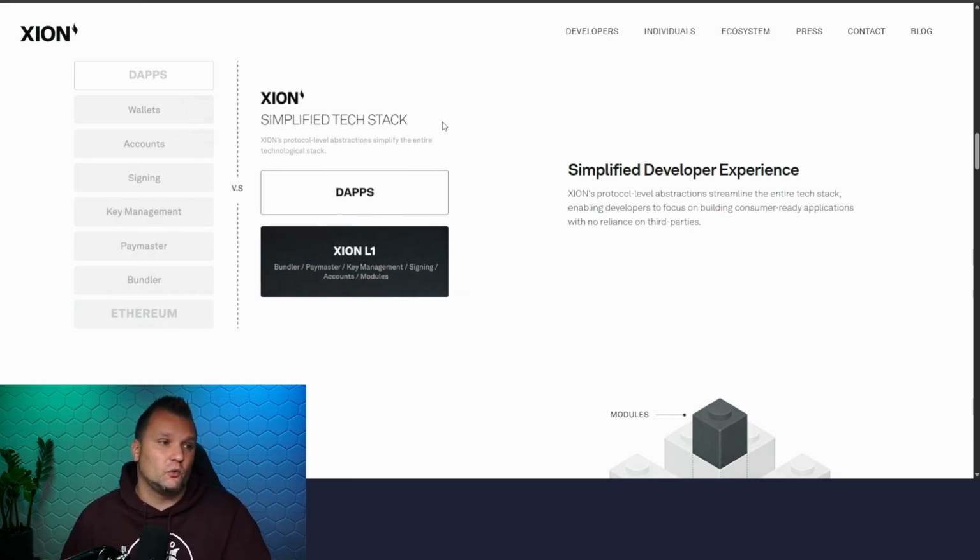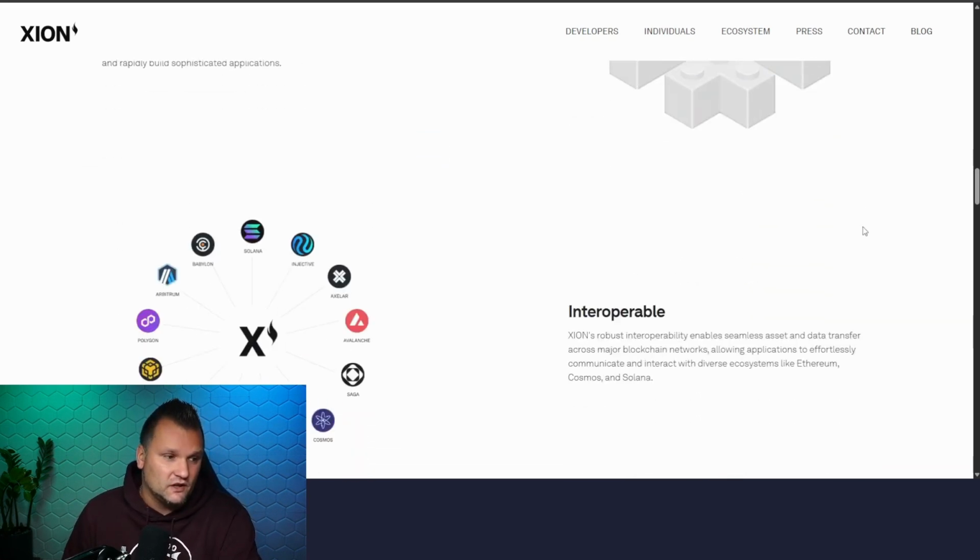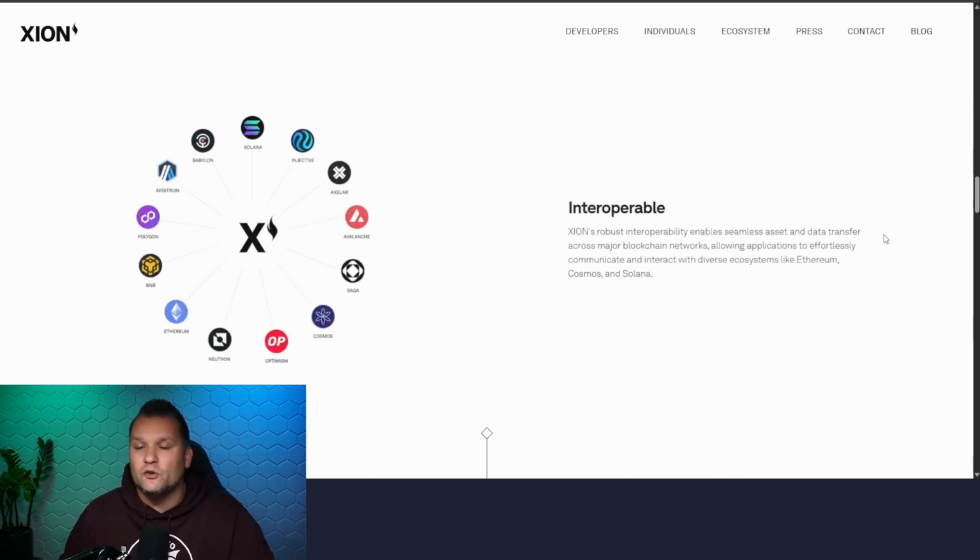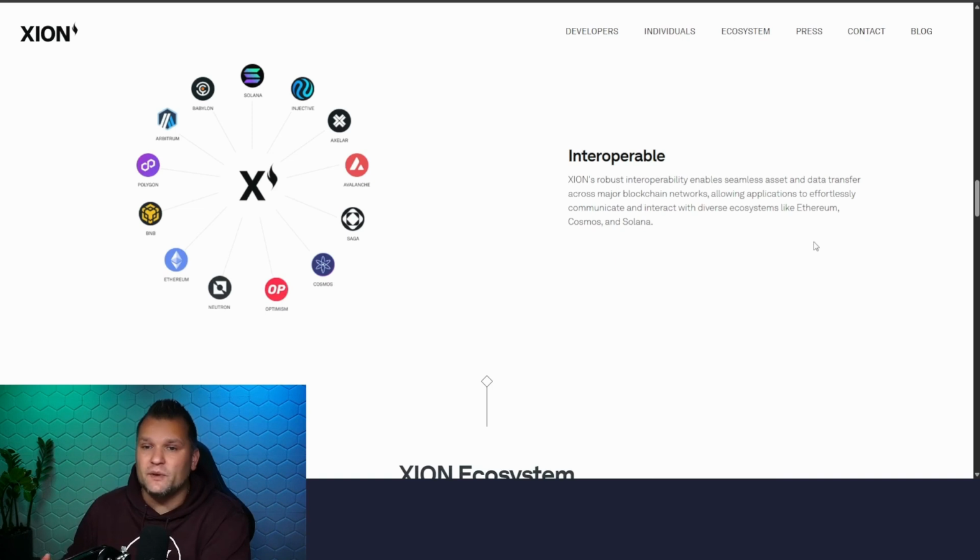You just log into a wallet account, use the apps, and basically in the background, only the layer 1 is running. People often think, even in companies, that it's actually that simple, and for most users it is, but for newcomers, it's pretty complicated. And that's exactly where XION wants to step in. They're also focusing on interoperability, meaning bridges to other blockchains are planned here and will be coming soon, primarily to Ethereum at first. But Solana will also be interesting. And Cosmos. Why? We'll see in a moment.